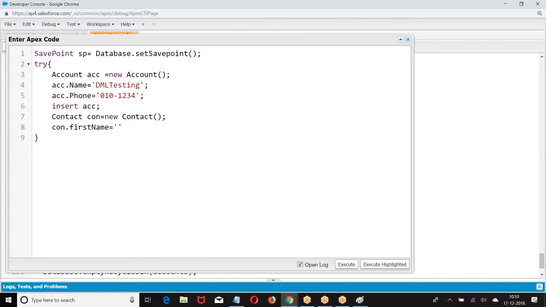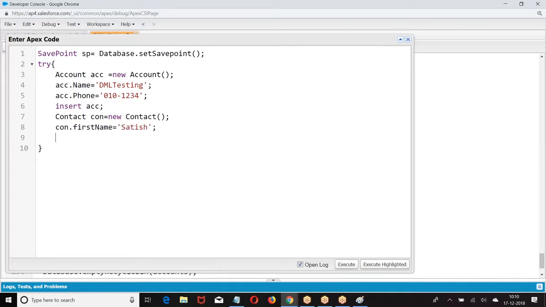Last name is a mandatory field. Last name is mandatory. Now, I am not using save point. Without save point, I am running it.